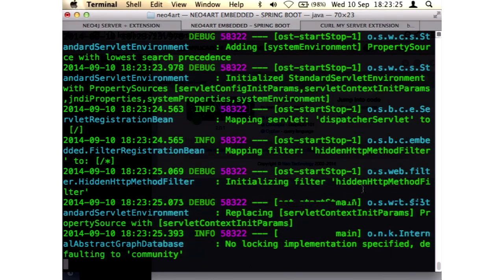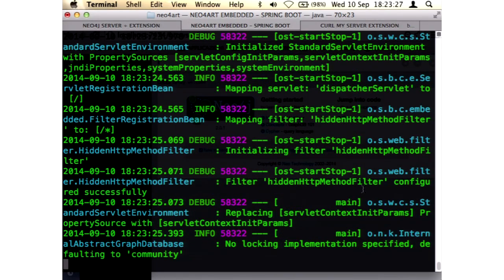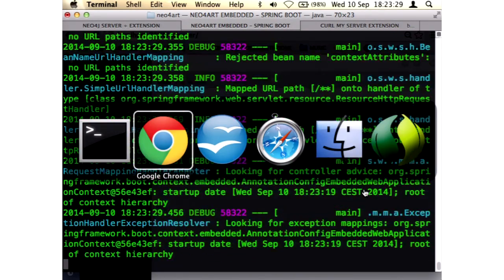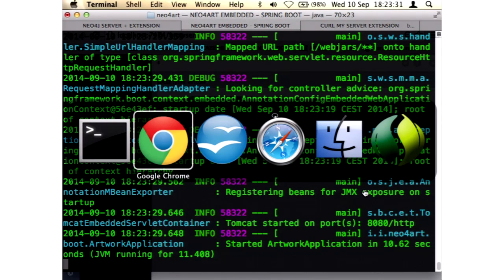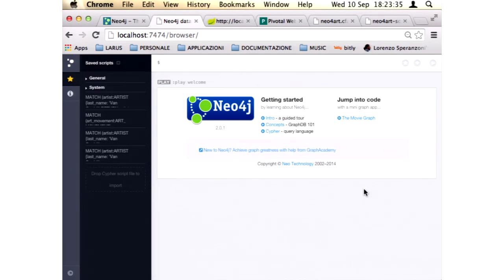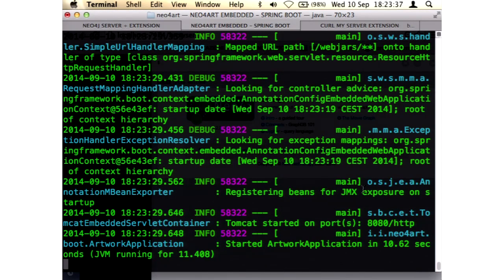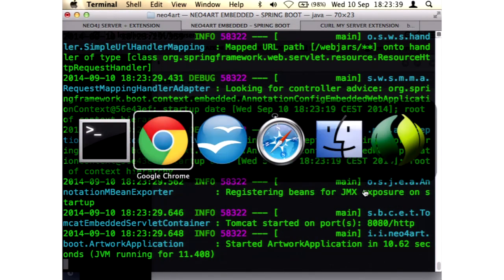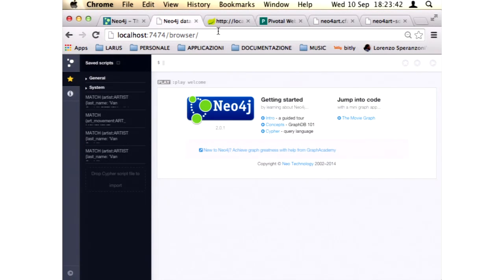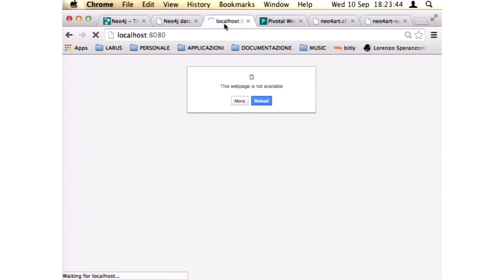Starting engine Tomcat. So started application, started artwork application, and we can move to the browser and see the live demo.